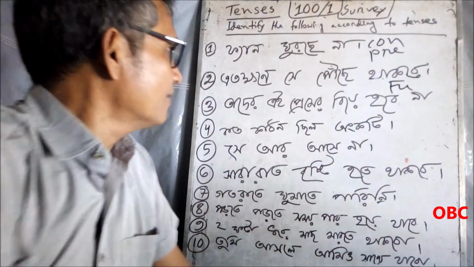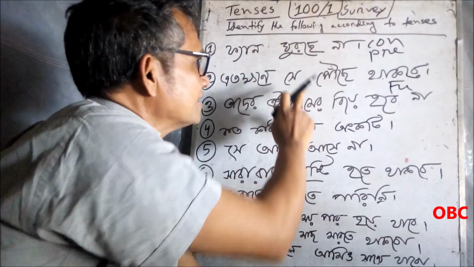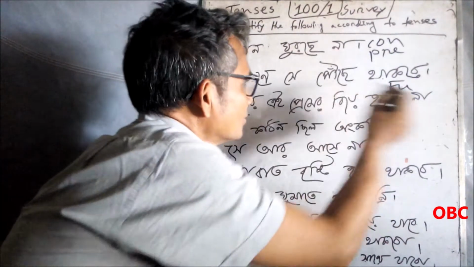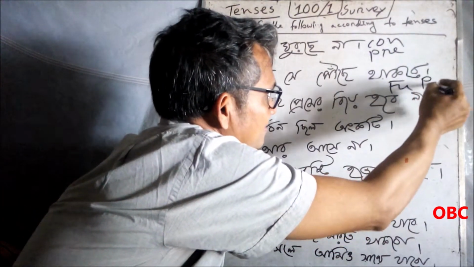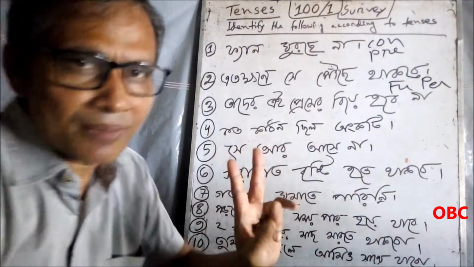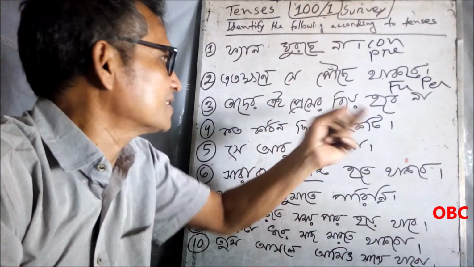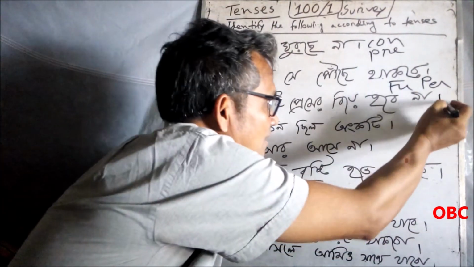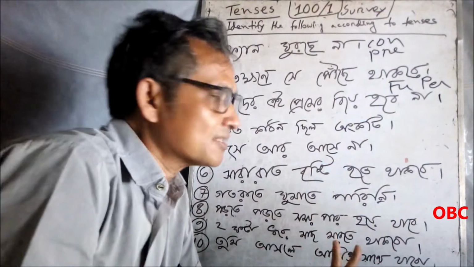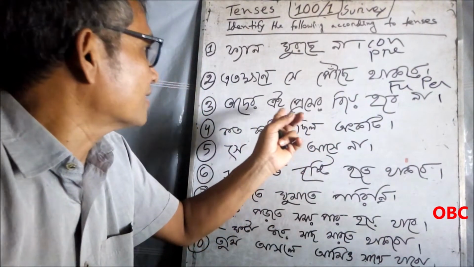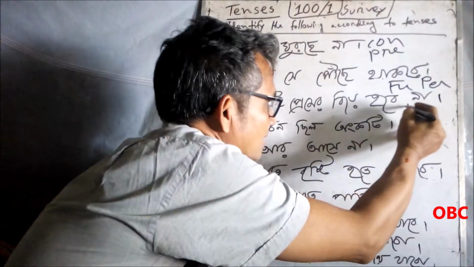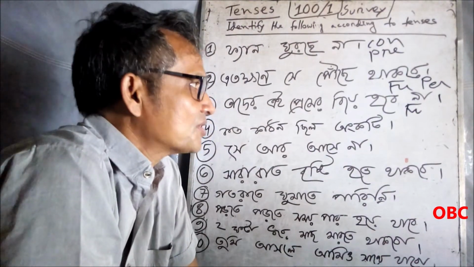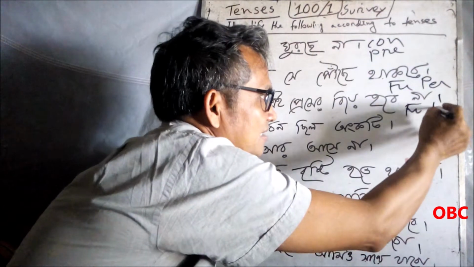Now you find out whether it is in future indefinite tense, future perfect, like that. So this is future perfect tense. You may have made a mistake. This is in future perfect tense. Number 3, this is not a continuous tense. So now find out whether it is present, past, or future. So this is also future tense. And which one? Future indefinite or future perfect? So this one is future indefinite.